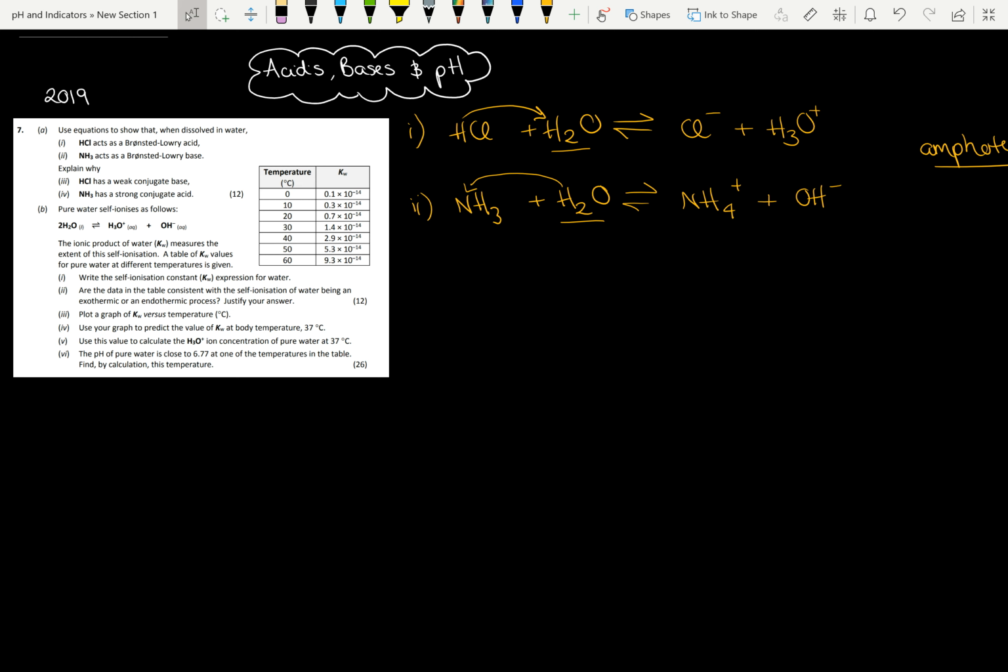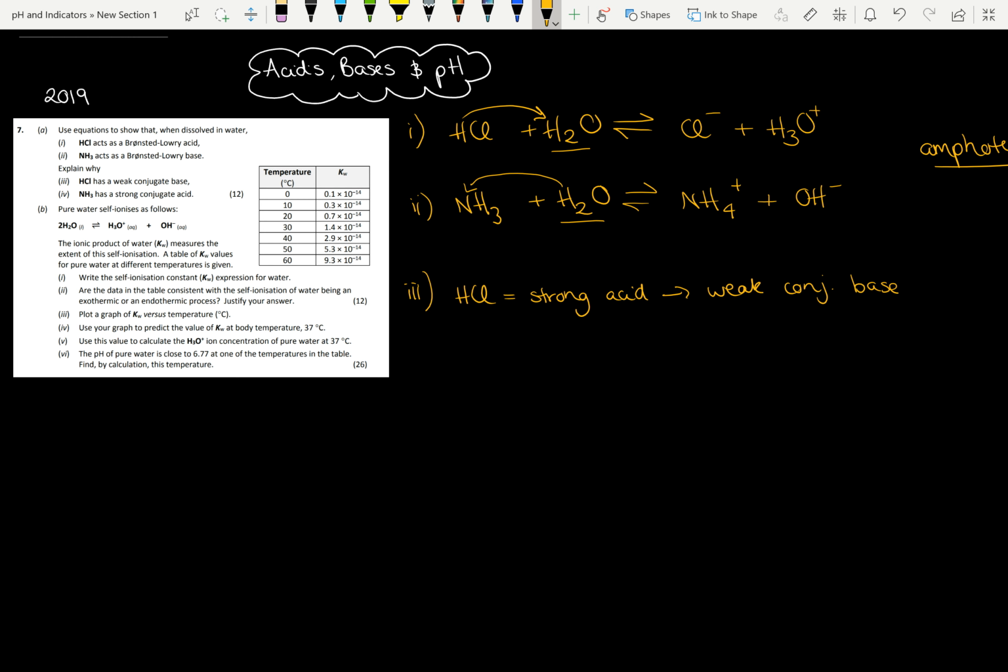Okay, part 3. Explain why hydrochloric acid has a weak conjugate base. Now we know that hydrochloric acid is a strong acid, and we have a general rule that a strong acid produces a weak conjugate base. Now why is that? Well, if we have a look up here at this equilibrium system,